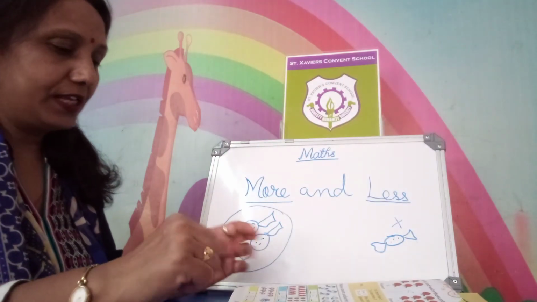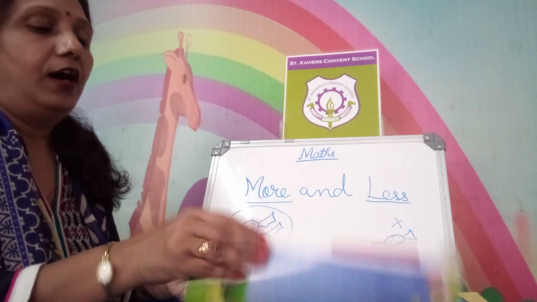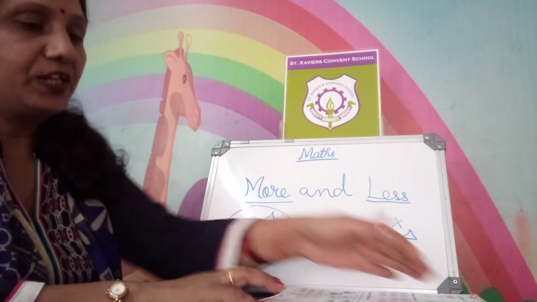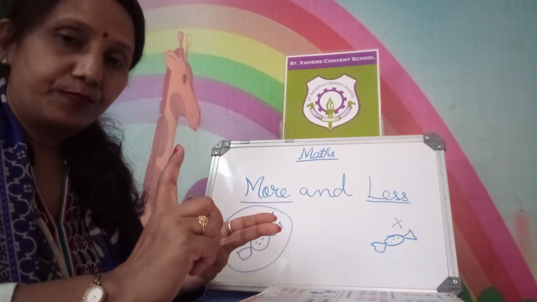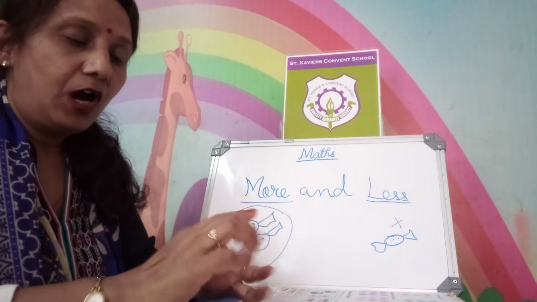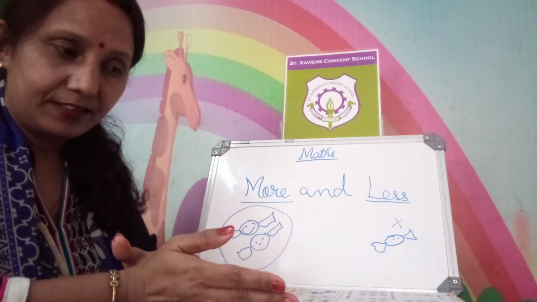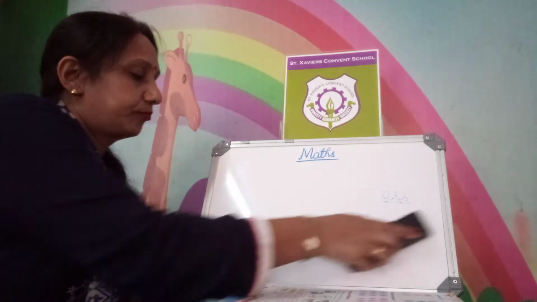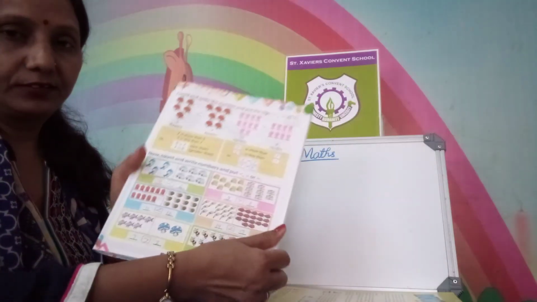Now open page number 21. Here, in this way I will teach you counting of the pictures, counting numbers along with the greater than, less than method. Okay. How will you know that this number is greater, this number is less? So here, just see page number 21. Open this page.